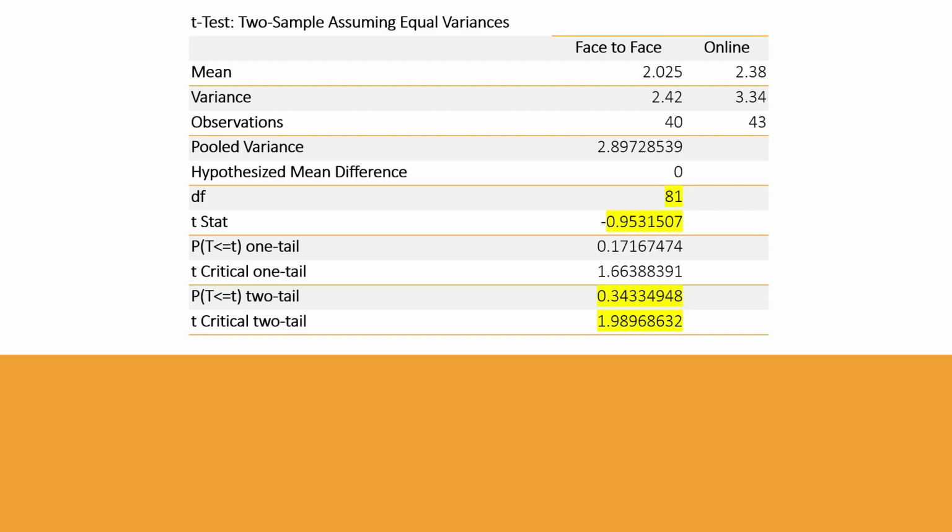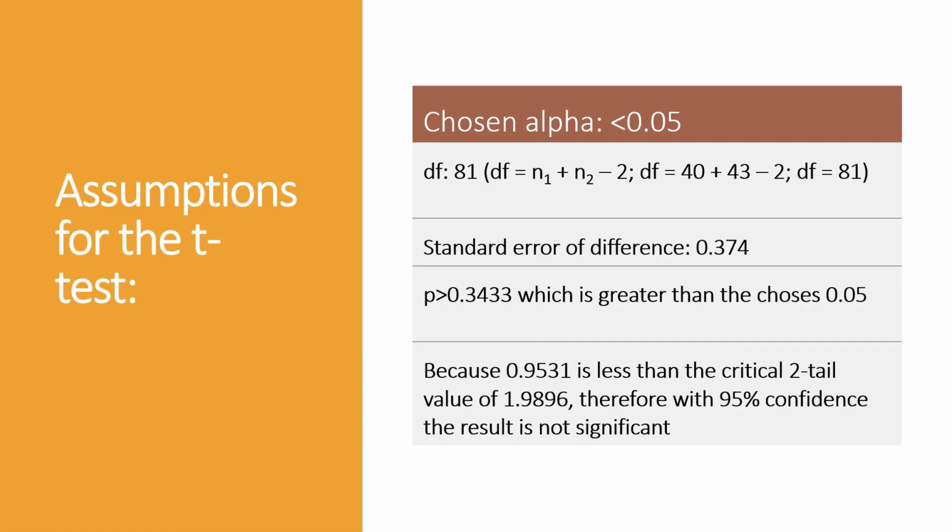Additionally, we have our p-value. When we started, we chose a p-value of 0.05, and as you can see, our p-value is well above 0.05 at 0.34, so this indicates that we need to retain our null hypothesis. Additionally, because our t-value, 0.958, is within that critical value, we can say with 95% confidence that the result